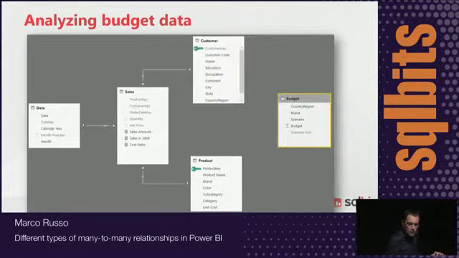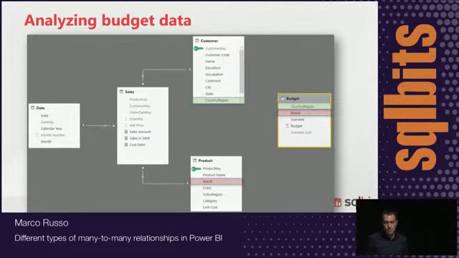So from a certain point of view, we could say we could establish a relationship between customer and budget, because if I see all the customers in Italy, for example, I want to see the budget, so I can compare the sum of the sales made in Italy with the sum of the budget for Italy. I can do that. So there is an opportunity to do this,